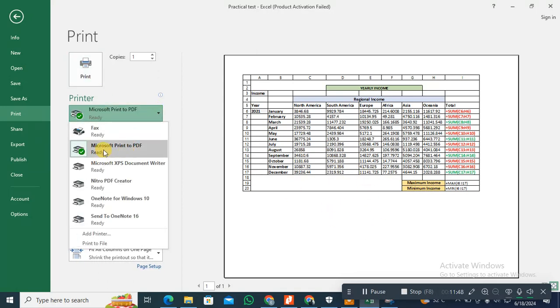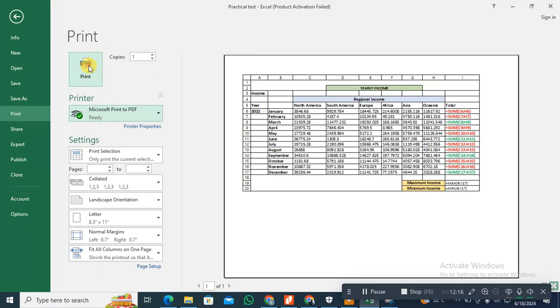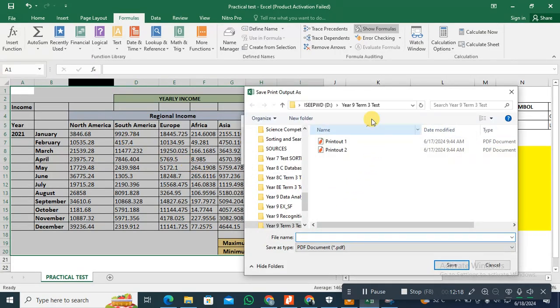The printer you're meant to use is Microsoft Print to PDF. If you don't have Microsoft Print to PDF, another option you can use is the Microsoft XPS Document Writer. So please take note, but if any of this is not available and you're asked to print to PDF, please raise your hand and whoever is the examiner there will assist you. Okay, so Microsoft Print to PDF, click on print,